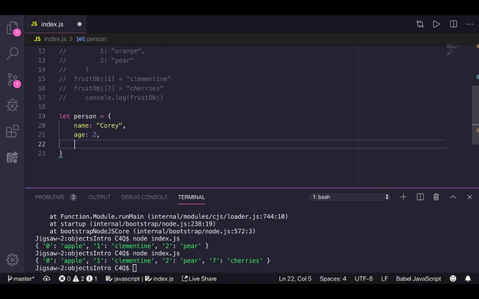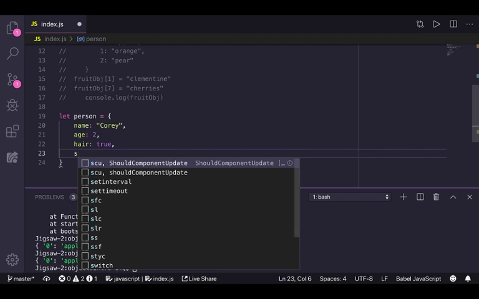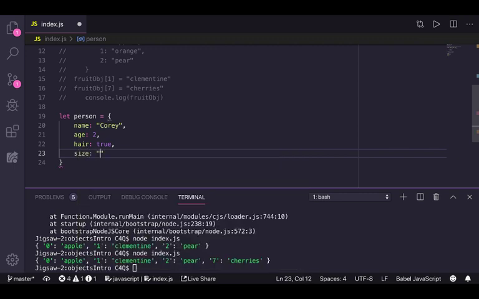What else did we decide on? Somebody said hair color. Was that what I heard? Hair. You just said hair. Okay. We can make this a Boolean, right? I'll say true. They have hair. What else could we have? Height. Small, average, tall. Sure. Okay. So I'll say size, and we'll say large. I'm actually wearing an XL T-shirt. But anyway,